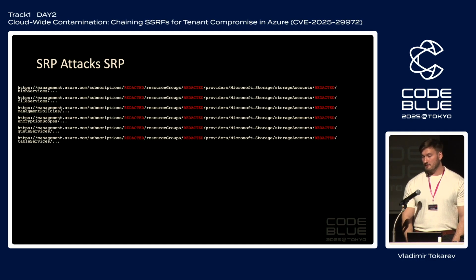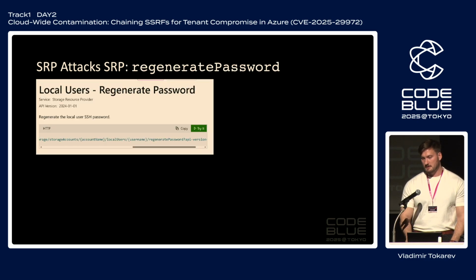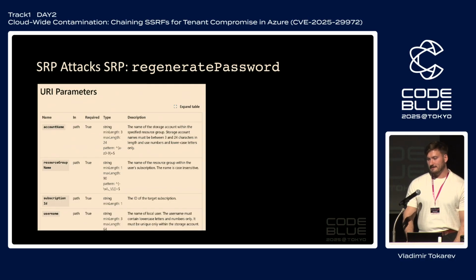Basically, we had those endpoints that are the logic that SRP can do for us, for the user. Another cool SRP endpoint is regenerate password. What is a regenerate password? Okay, so basically, a user can have SFTPs or blob accounts or any manageable entity that holds files for different users. And this obviously will have an SSH password. Regenerate SSH password, basically what it does, it gets all those parameters and creates a new password for that specific